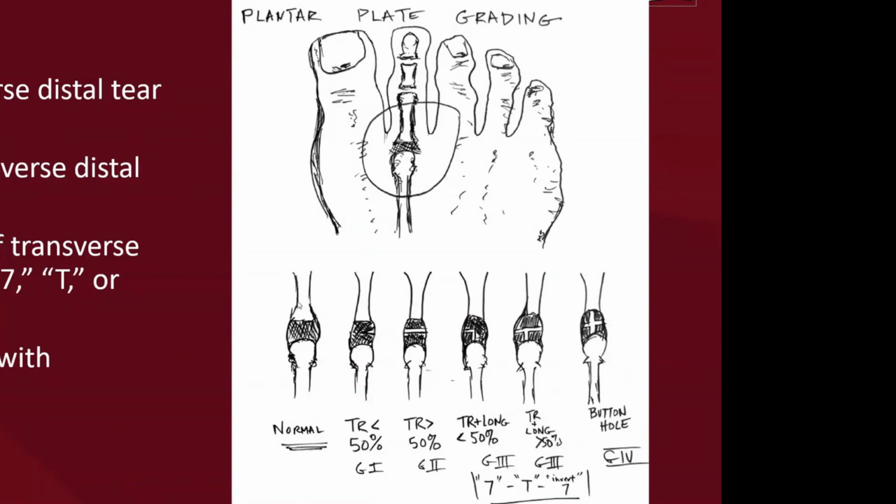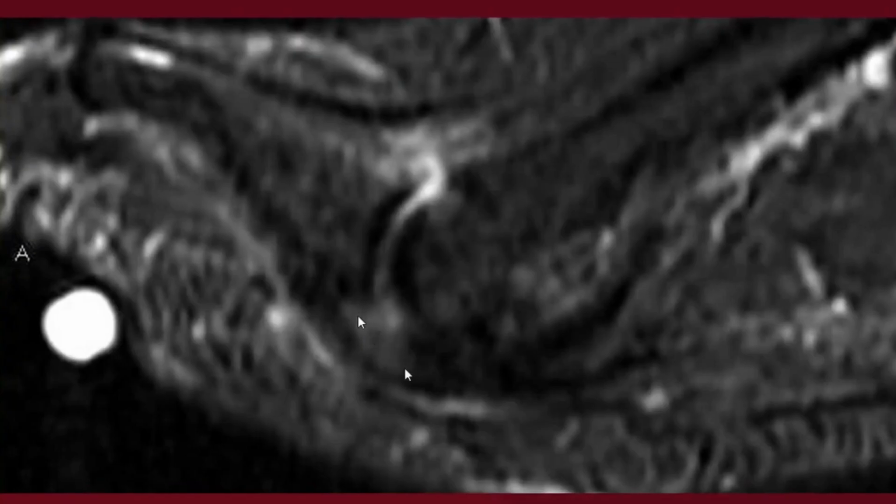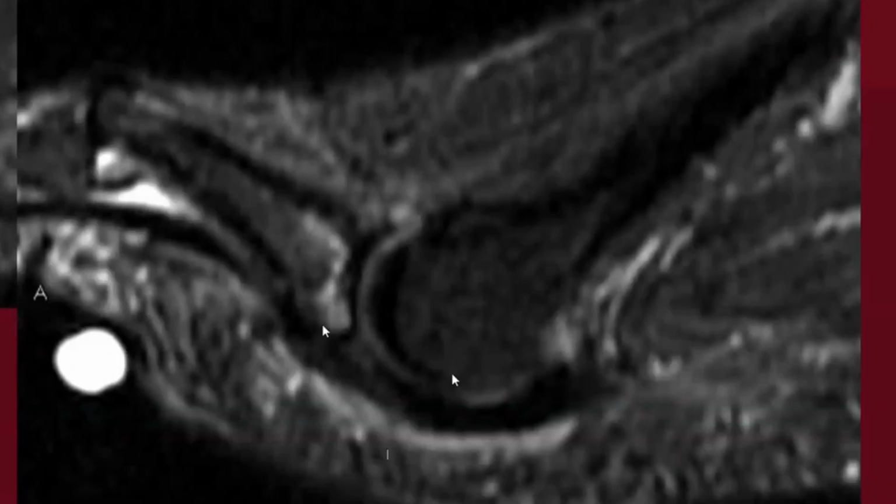Grade 3 is a combination of 7 or T or an inverted 7 shape. And grade 4 can be an extensive tear with buttonholing so that the metatarsal head can probe through a defect and have a dislocation. Looking at plantar plate direct and indirect tears, we can see it just like I explained in that first example. The plantar plate here has been torn and retracted and there's a gap. And that's a direct sign, as opposed to an indirect sign seen here,